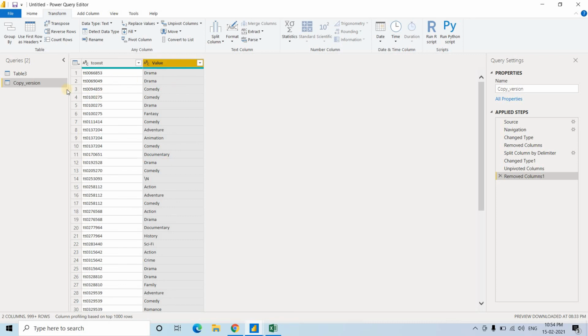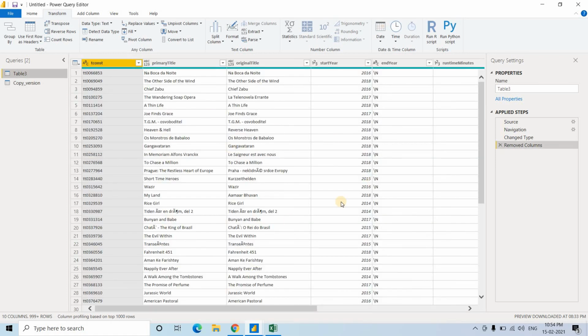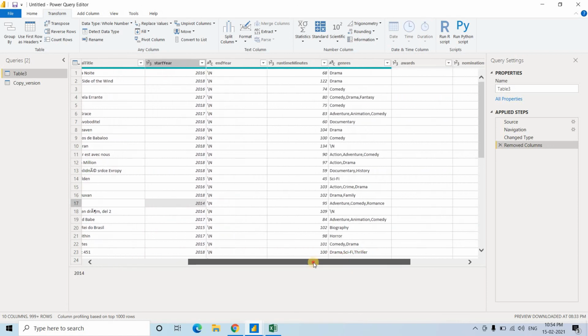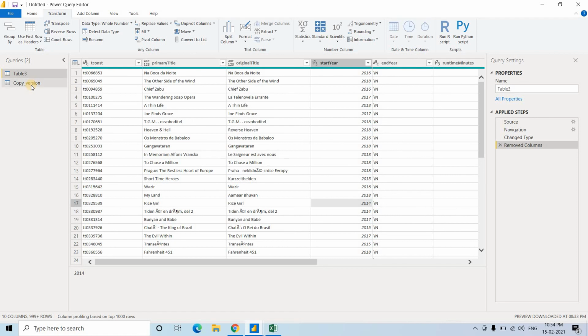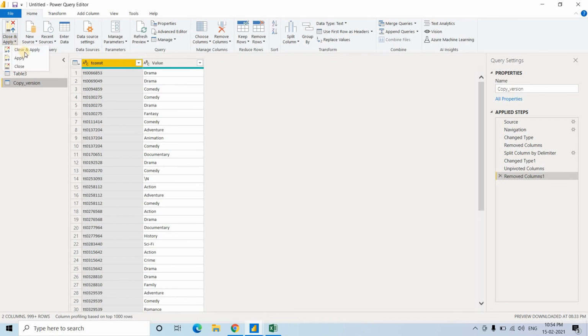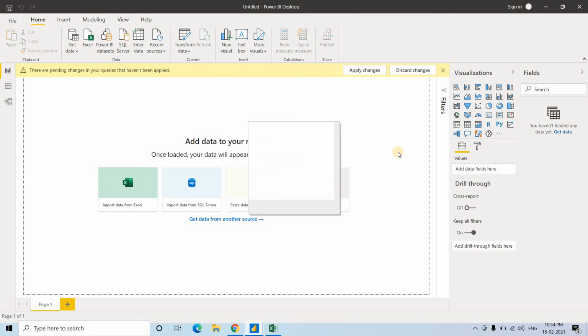And it is not like you have to do it this way. Actually you can do the same work in this particular original table also, but I wanted to show you how you can copy a table and create one duplicate version, and the unnecessary columns which are not required for this particular discussion I wanted to avoid. That's why I have copied that and worked on that to show you this. And now once these things are done, again same thing, go to Home and here Close and Apply. Okay, I have told you that you should click Close and Apply.